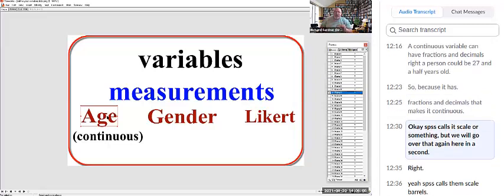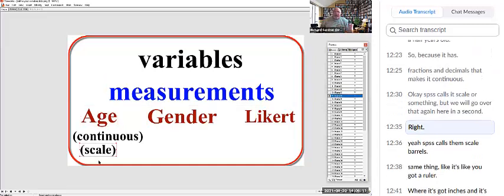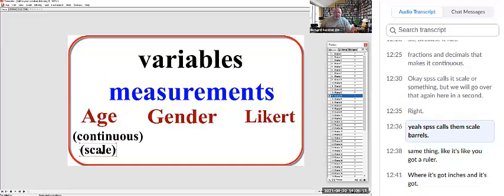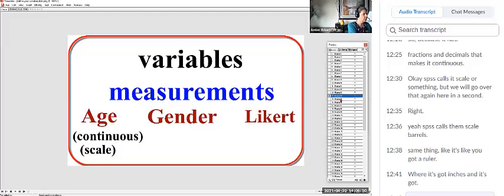SPSS calls them scale variables. Same thing, like you got a ruler where it's got inches and it's got half inches and